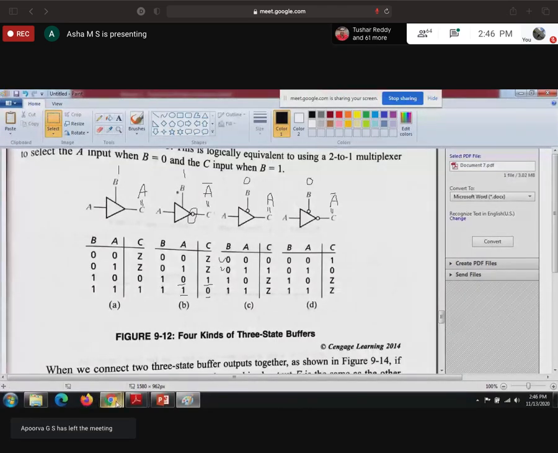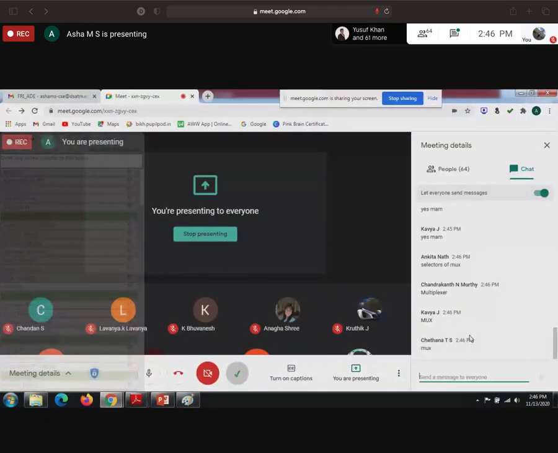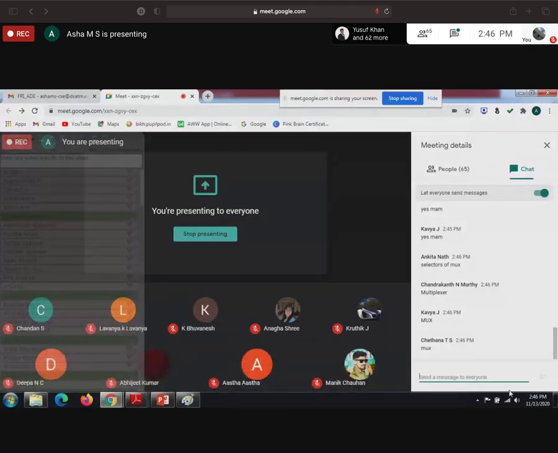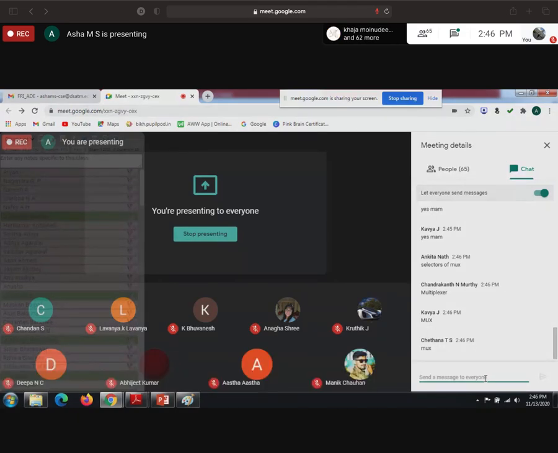So it looks like what? We already studied something about that. So it looks like a mux. Very good. So depending on the select, which mux? Generally it's muxes. Which muxes? Under muxes also we have studied so many types, right? Like 4 to 1, 8 to 1, 16 to 1, 32 to 1. Which type of mux?